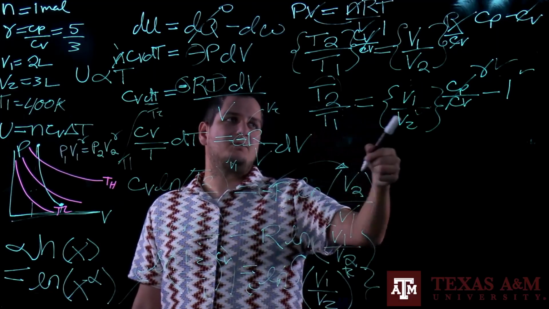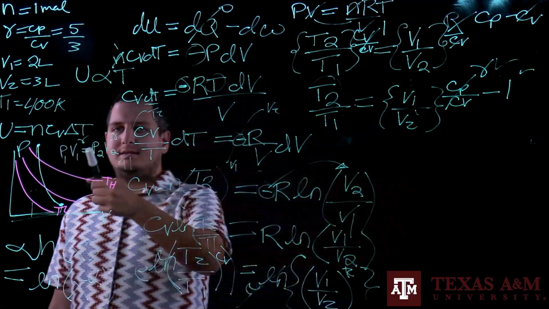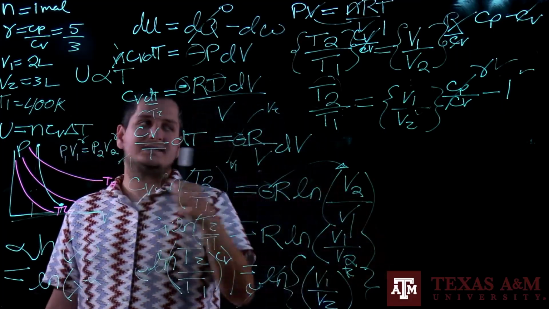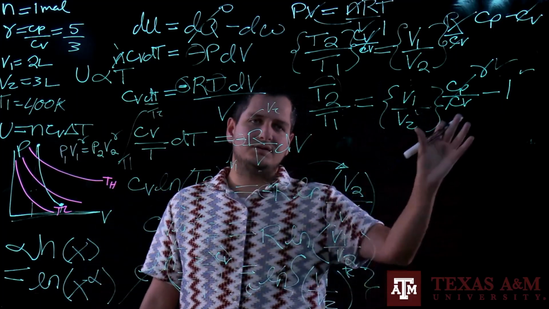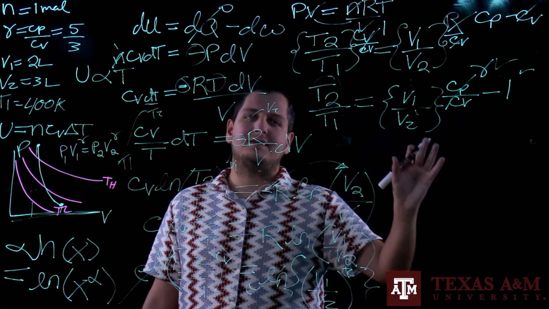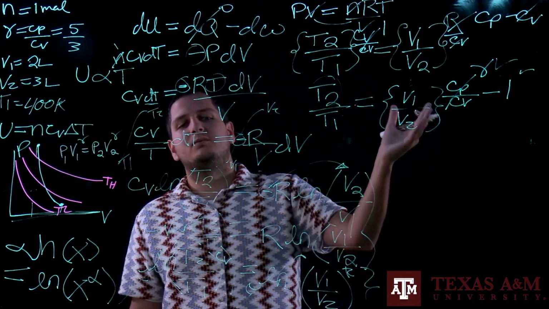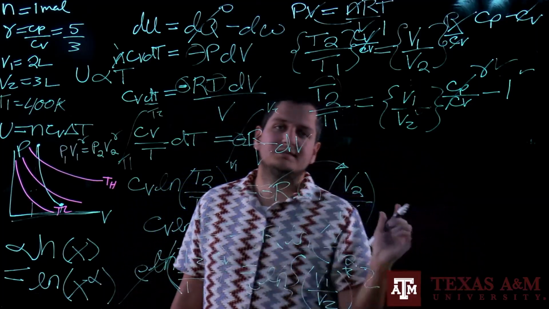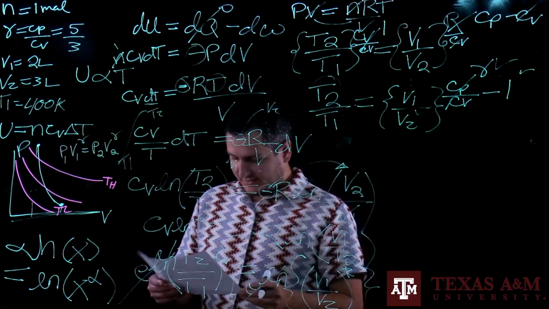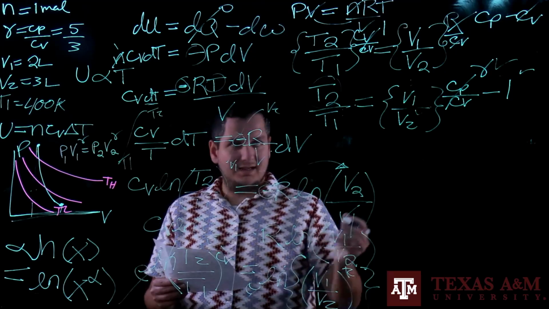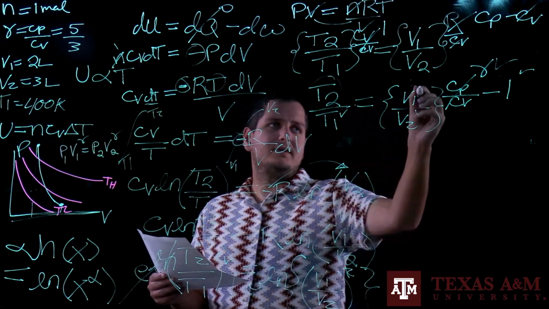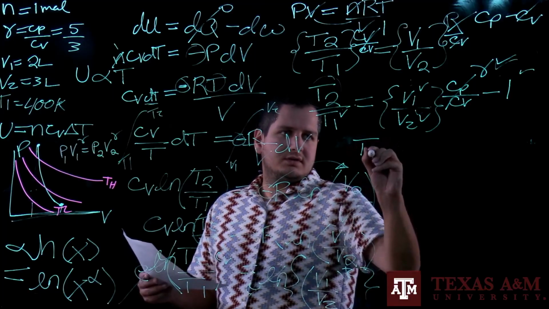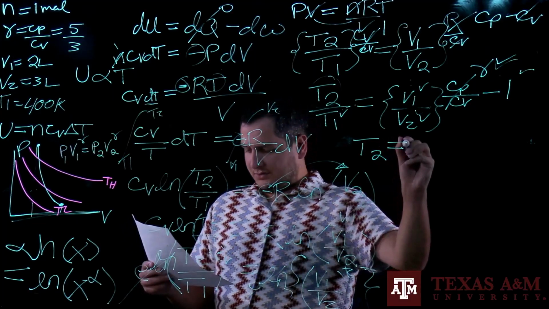But yes, so I did the derivation. Basically, this is how we can get this. Do you see how these are similar, right? It's a relationship between state 1 and state 2, right? We could continue to do this to have all the state 1 terms on one side and state 2 terms on the other side, but this is sufficient, right? So if we solve, we have T1, V1, V2, gamma. T2, if we do the math, ends up coming out to be